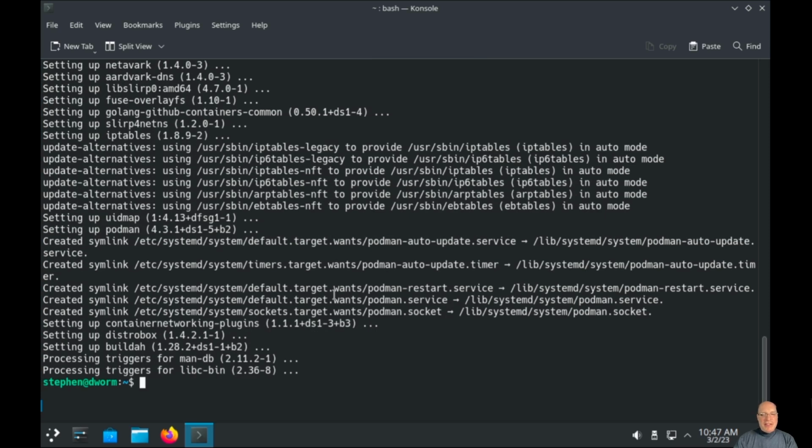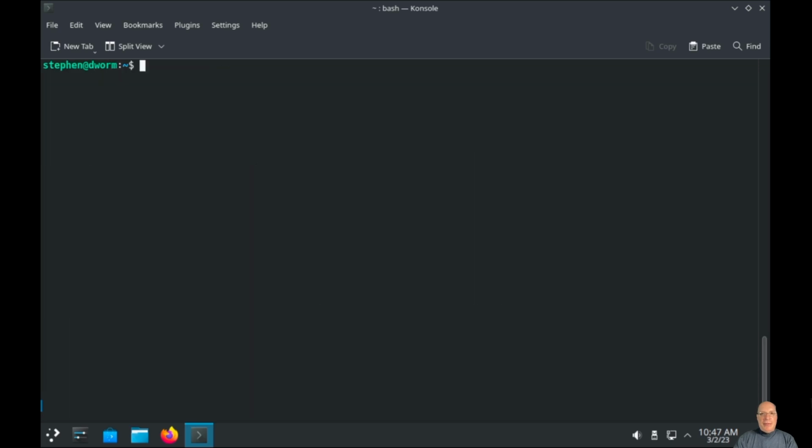So distrobox is installed. Let me show how easy that is. Again, Podman is automatically installed and configured. It's kind of Red Hat's answer to rootless containerization. So all you type is distrobox-create --name